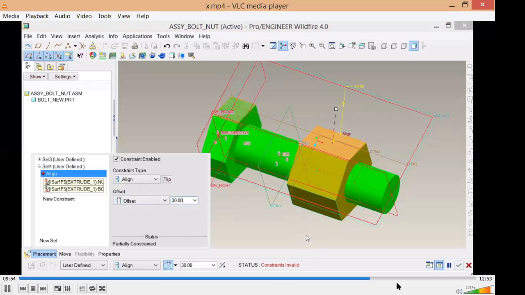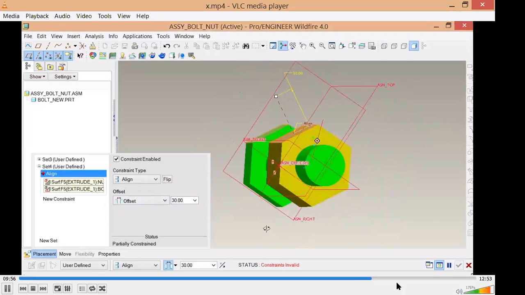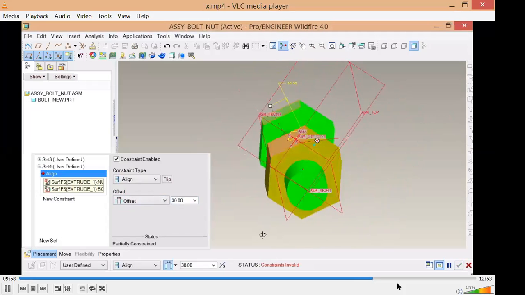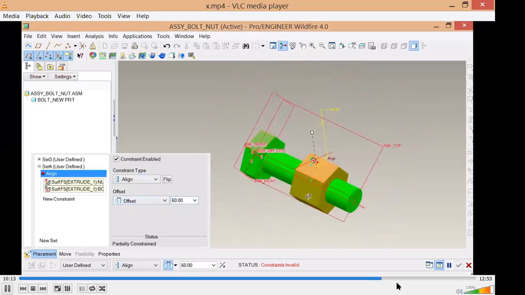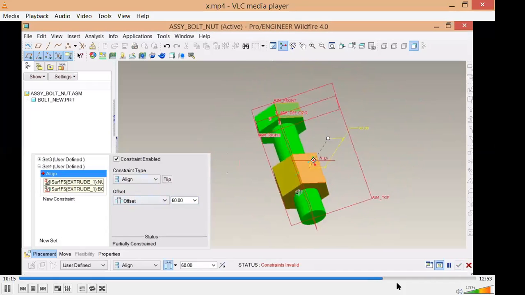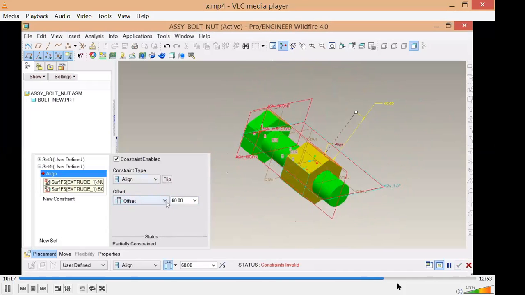Those things I can give, and I can fix it. So I can establish a relationship so that the rotation is avoided, for purely cylindrical components for which you don't have such planar faces. You can select any of the datum planes, front plane, top plane, right plane. You can choose any of these planes.